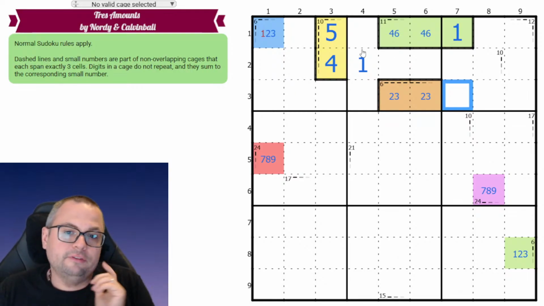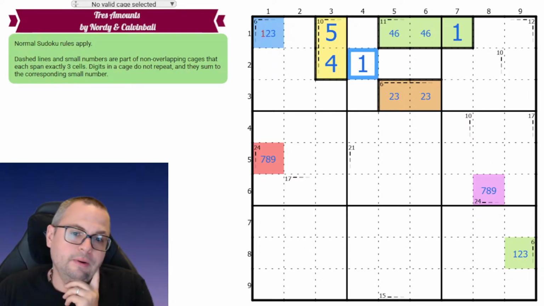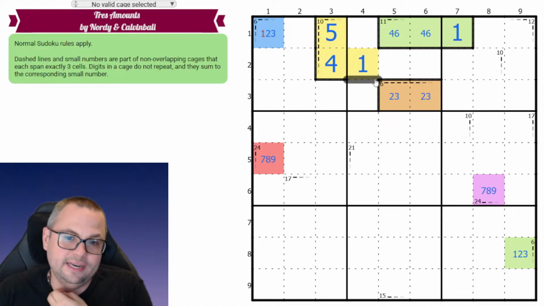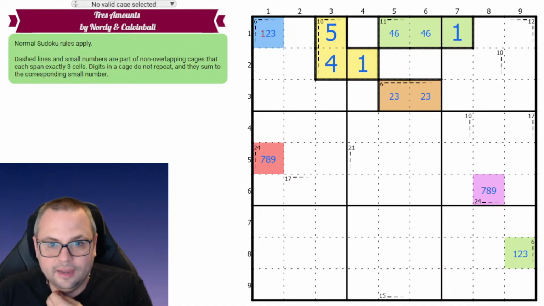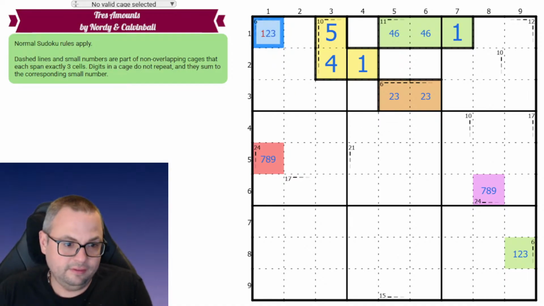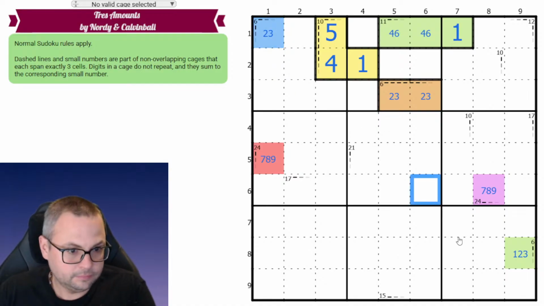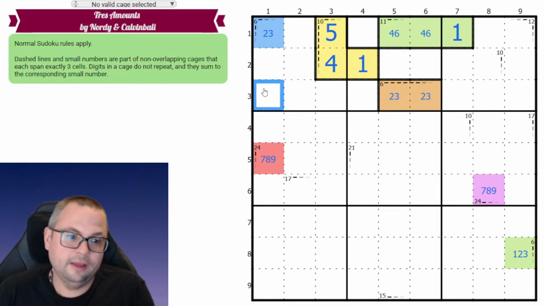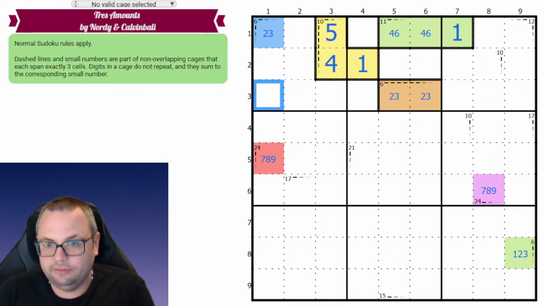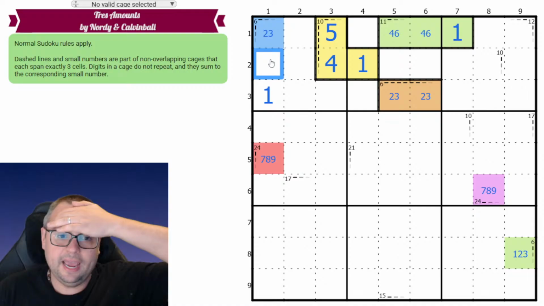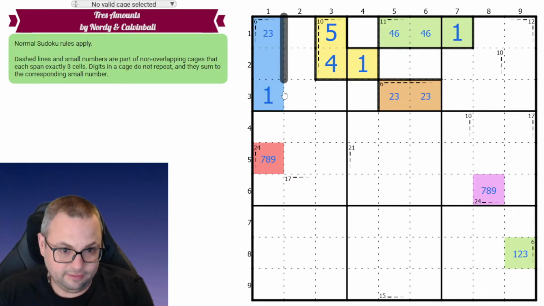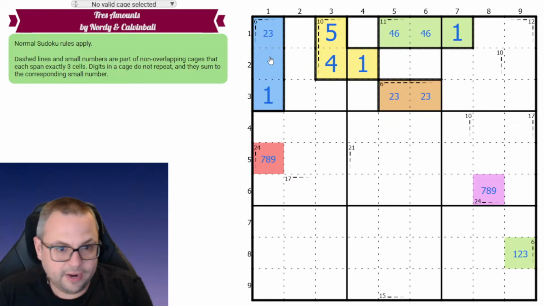Because the 1 in box 2 was pegged to go in the yellow cage. That's why. Because the 10 cage needed it is the answer. Okay, so this is not a 1. So now the 1 in box 1 needs to go here so that the blue cage can have it, which means the blue cage looks like this. Very nice. This is a super slick version of this. It's funny, I was actually like,